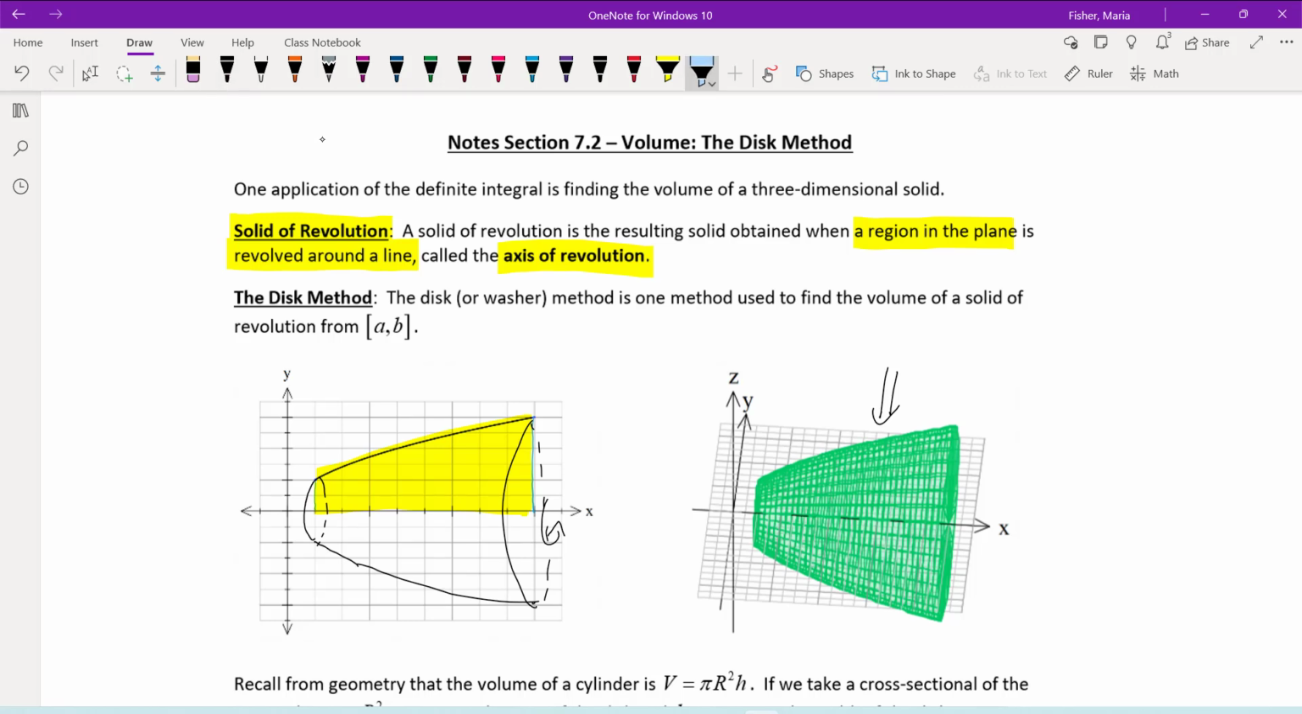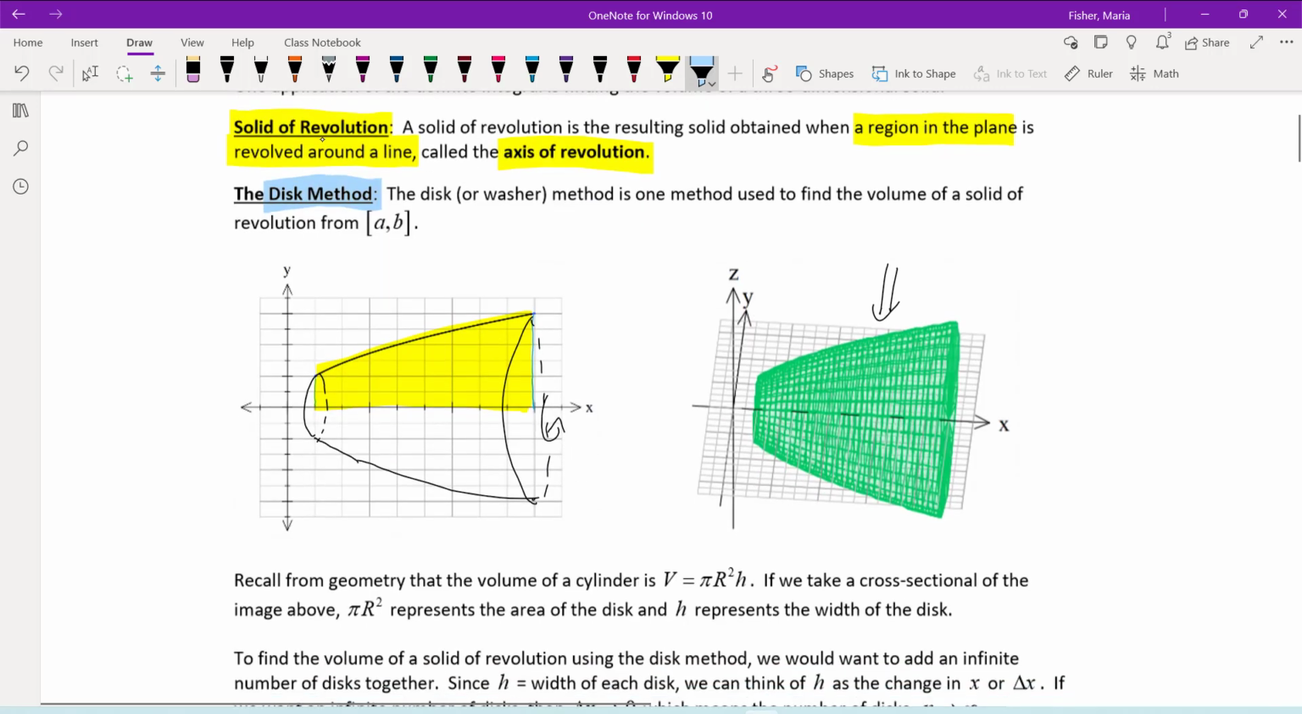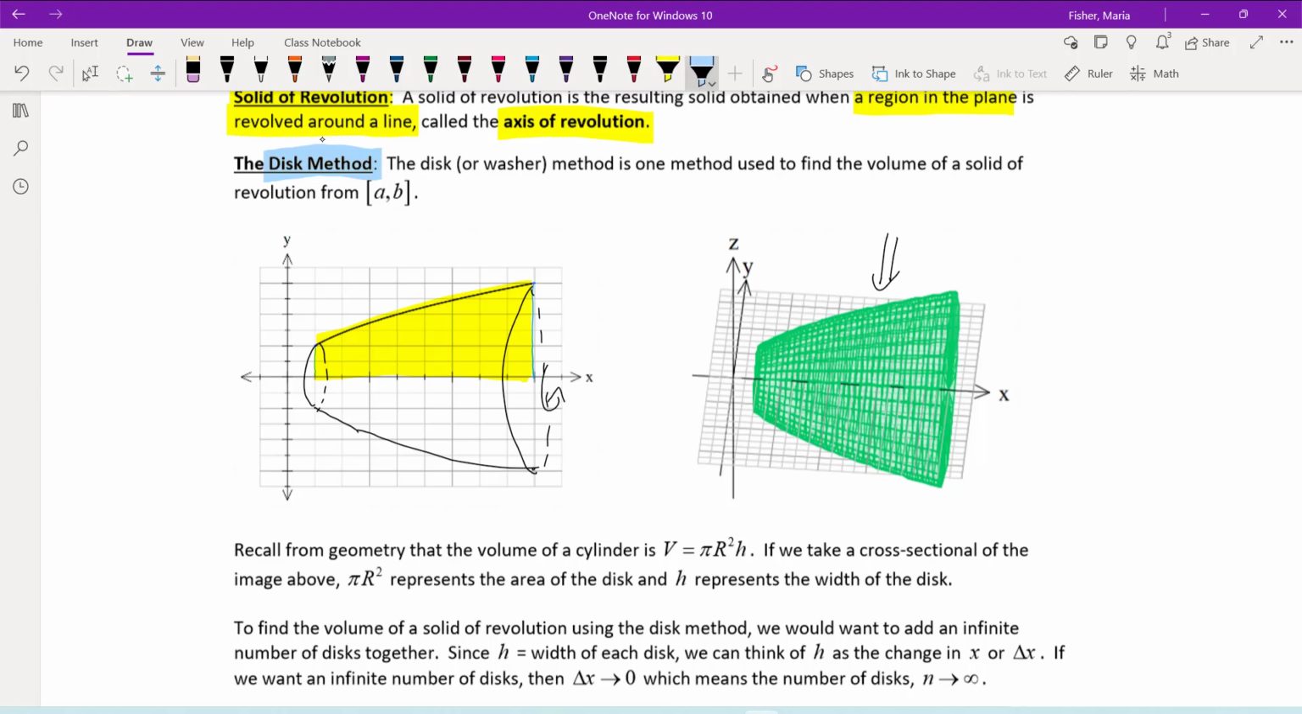So one method that we can use to find the volume of a solid of revolution is the disk method. So we're going to look at the disk method and then the washer method a little later on in this section. Recall from geometry, we say that the volume of a cylinder is V equals pi r squared h. Given a cylinder, its volume is pi r squared for the area of that circle,